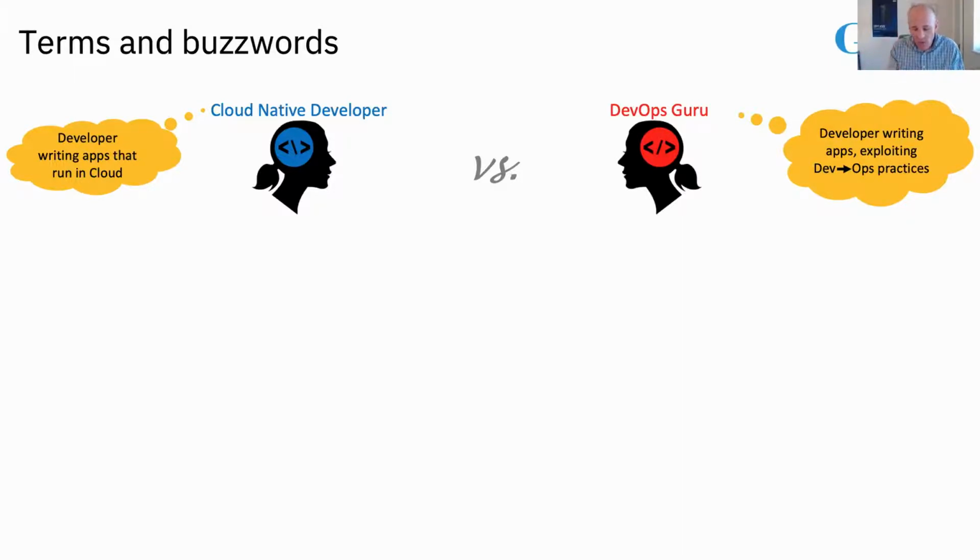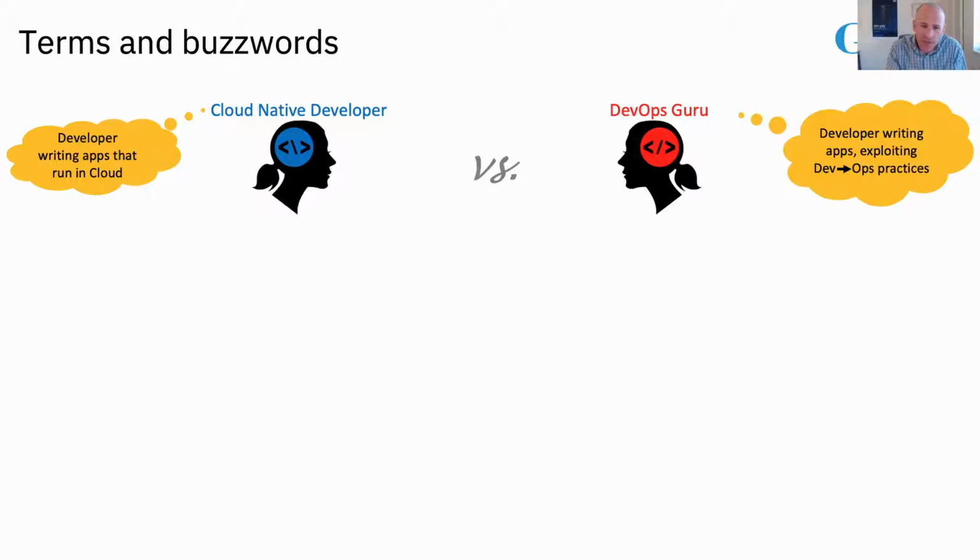Historically, what we've seen is an organization will have a developer community who will encode all of the business logic and all of the representation of what the organization needs to do, and then it's thrown over the wall to the operations teams to manage in a live or even a pre-prod environment as it starts to be rolled out. So a DevOps guru is somebody who employs practices and procedures that allow you to seamlessly link together the application as it rolls through your development and your test and your pre-prod